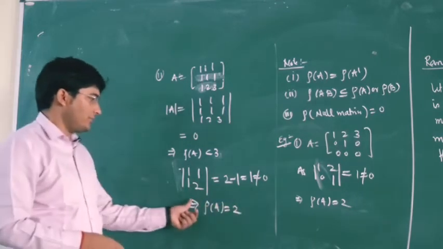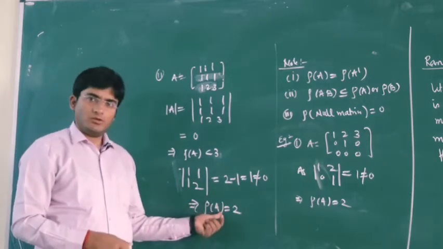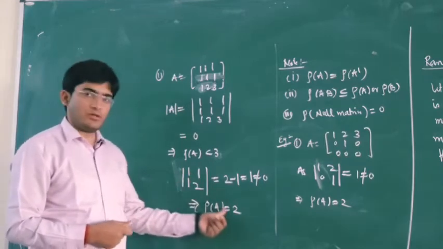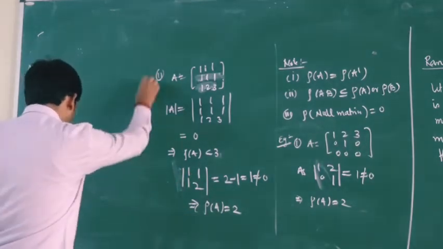And we have a minor whose order is 2 and it is non-vanishing, so the rank of the matrix will be 2. Then third example,